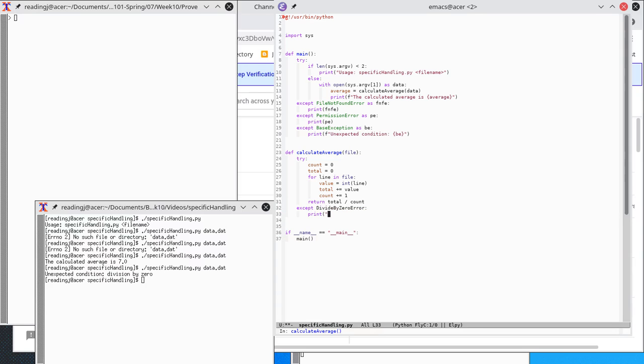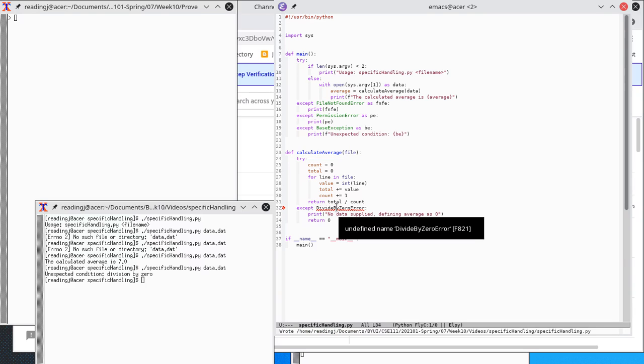Print no data supplied, defining average as 0, return 0. Okay. It doesn't like divide by 0 error. Undefined name. Okay.